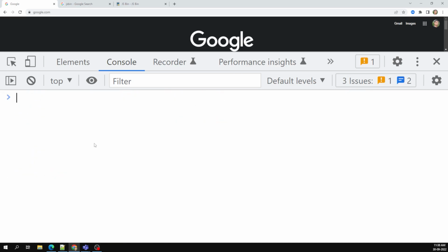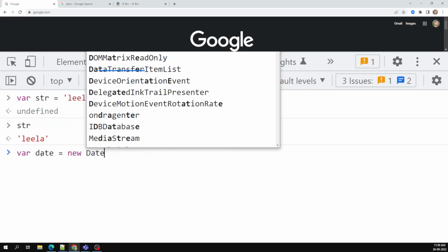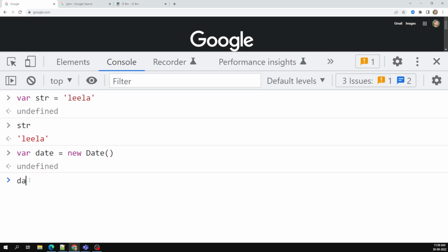So for example, other than array, string also you can have, str is equal to Leela. Let's try to see the str. Okay, str is a different thing. These are primitive data types, right? So which will extend to the object, we need to check it. Date operator, where date is equal to new Date. So date, if I try to check,